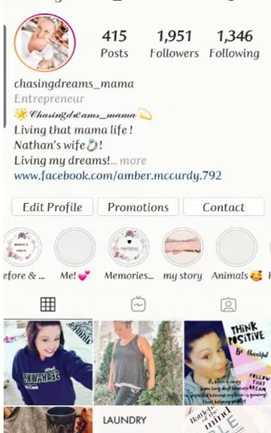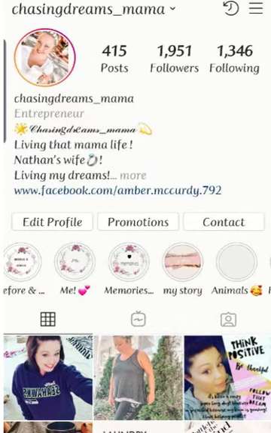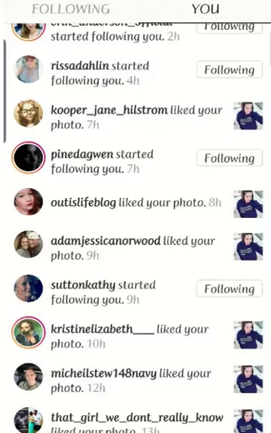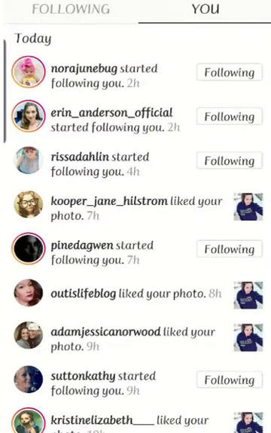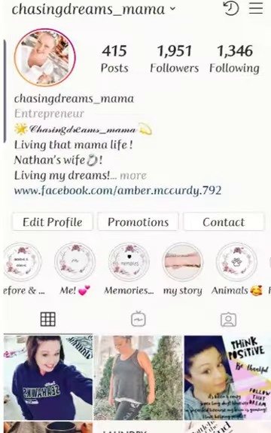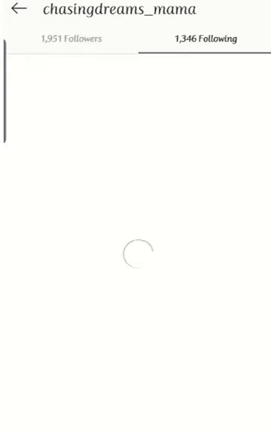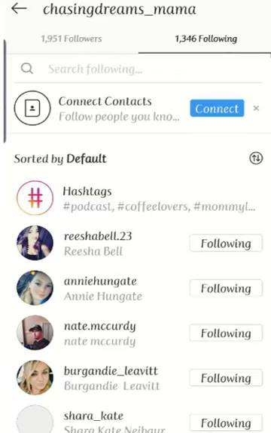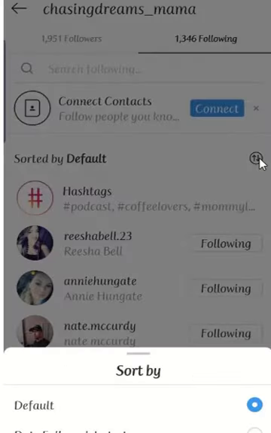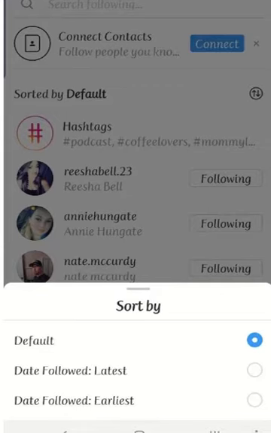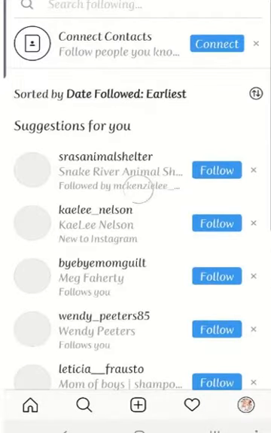So my next thing that I'm going to show you guys is how you can do it manually. So you go to your heart button and then, oh no you don't. You go to your following. It's taking forever. These little arrows right here you can click on. That's when it'll give you latest, which you guys can't see, latest followed to date followed earliest. So latest means the latest you've done, earliest means the earliest you've done. I go to the earliest